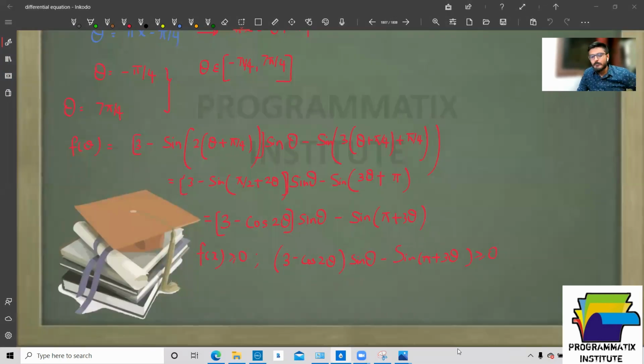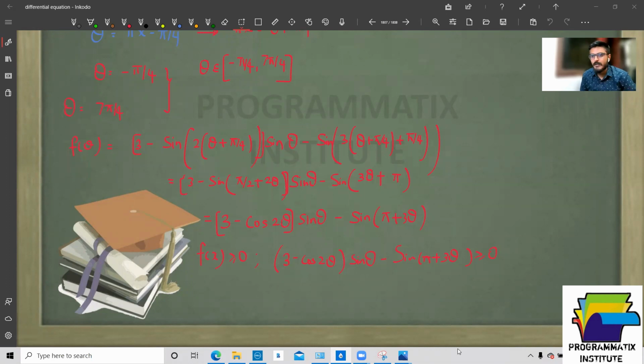After this, what we will do is solve this inequality. Based on this inequality, we'll get the values of theta. And once you get theta, we'll find the values of x. That x will belong to alpha comma beta, and beta minus alpha will give you the answer. That is the total crux of this particular question. That's a very simple question.